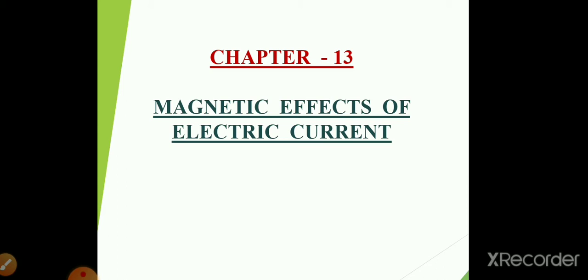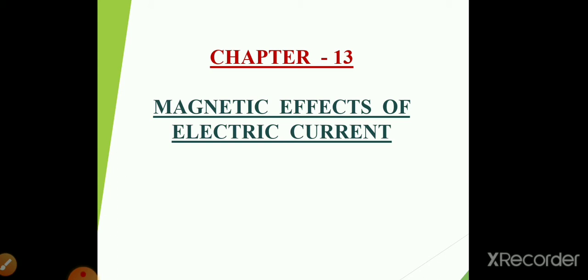Before starting the topic, let us recall some topics related to magnetism. What is a magnet? All of you have seen a magnet. There are different kinds of magnets, bar magnet, horseshoe magnet and so on. A magnet is a piece of object which has the attractive property. This you have studied in your earlier class, and also some of the properties of the magnet.